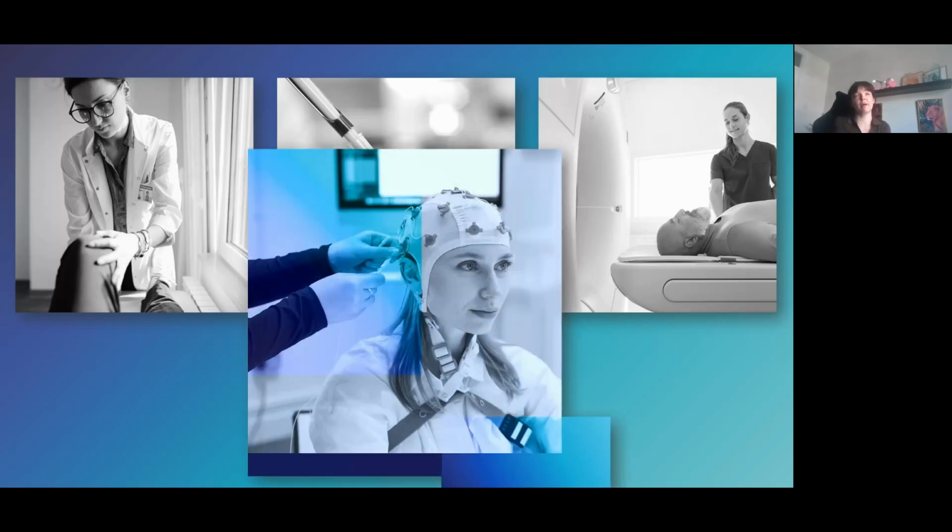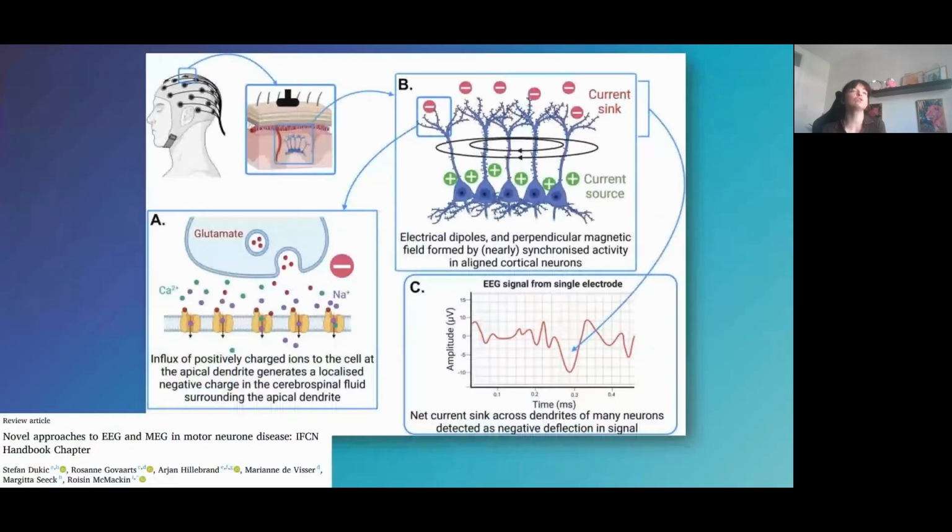So this brings me to talk about EEG, or electroencephalography. I'm trying to keep this webinar fairly light on the nitty-gritty science and physiology, so I'm only going to do one slide on the in-depth details. But for those who are interested in what EEG is and what it is measuring: